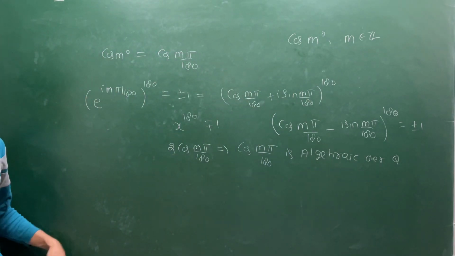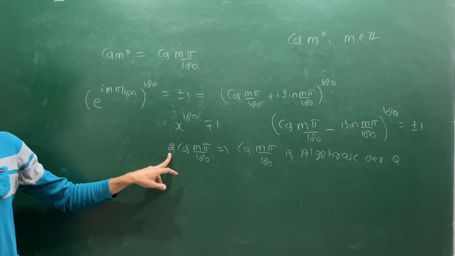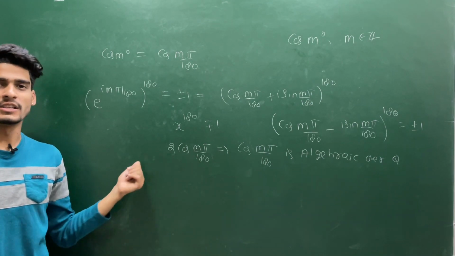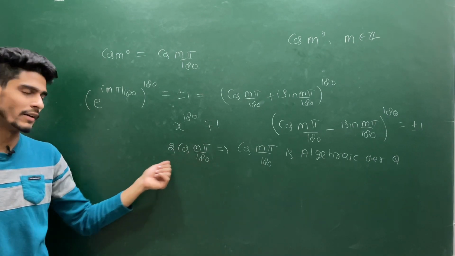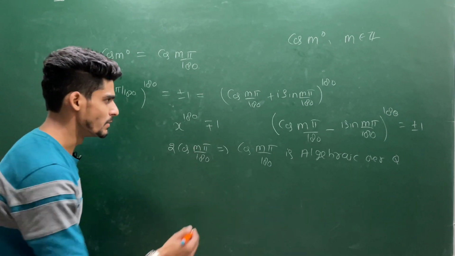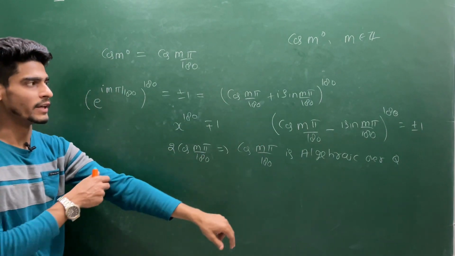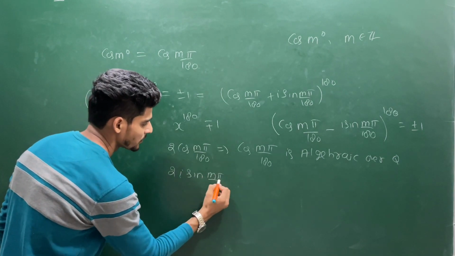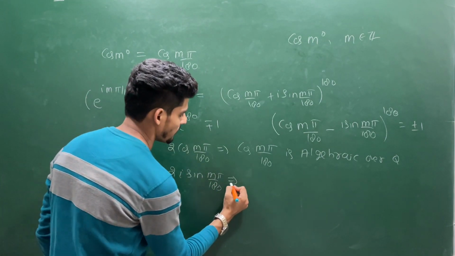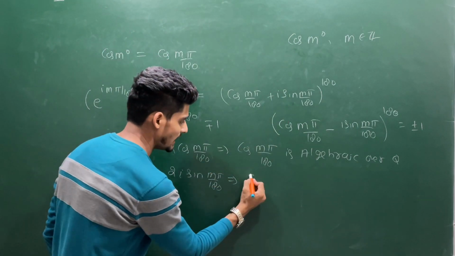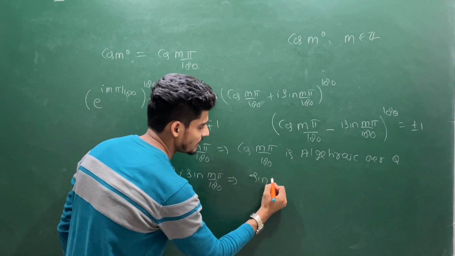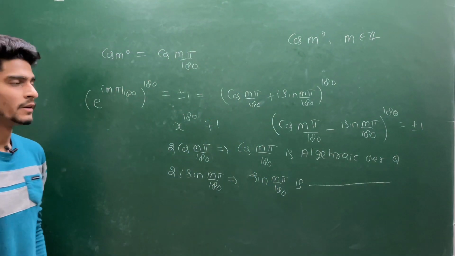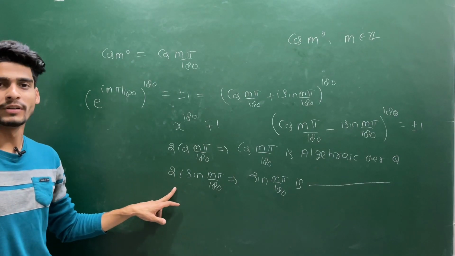Why is it so? Because you can use the criteria for it too. Since this element is algebraic, if you multiply with some algebraic element, you are going to get an algebraic element. So you multiply with 1 by 2, you will get an algebraic element. A similar argument you can use if you take the subtraction: you will have 2 i sine m pi by 180. This will imply this is an algebraic element. If you take the subtraction, it will imply sine m pi by 180 is algebraic over Q, because here you have to multiply with 1 upon 2i.